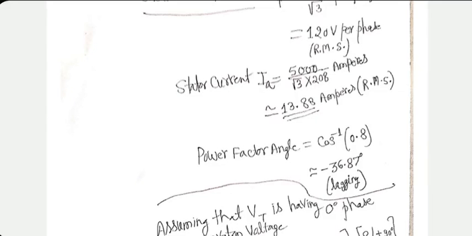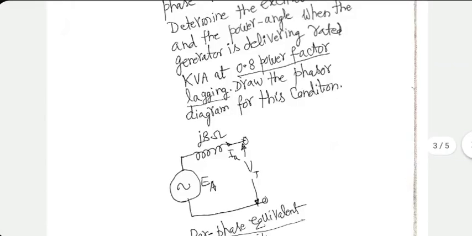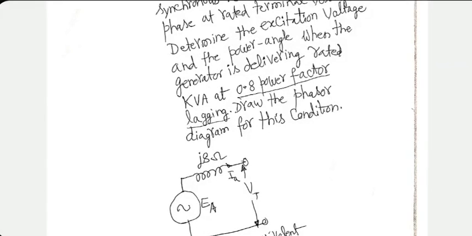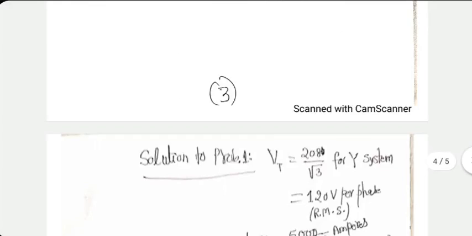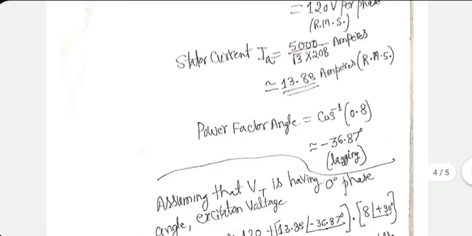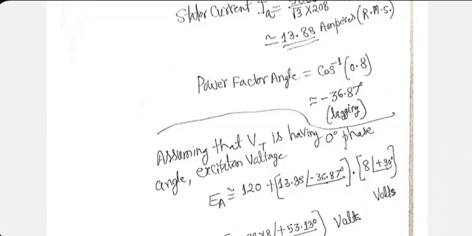Now, power factor angle delta is cos inverse of 0.8, which can be calculated as, it's a lagging power factor, so current has to lag the voltage by this angle. This angle value turns out to be 36.87 degrees. You can do the calculation. Cos inverse of 0.8 will be 36.87 degrees approximately. So if we assume that terminal voltage has zero phase, that means that's the reference phase,